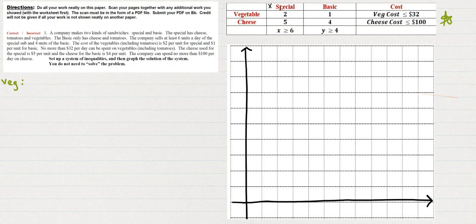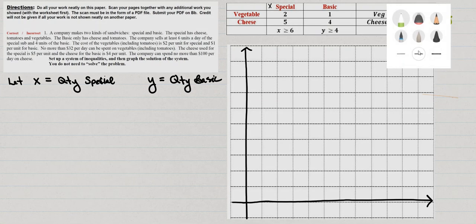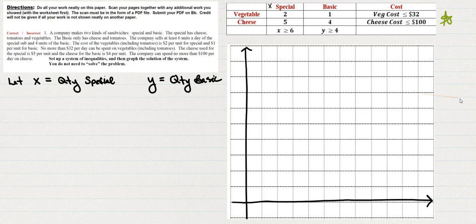So what we can do is define our variables: we let X equal the quantity of special sandwiches and let Y equal the quantity of basic sandwiches. We want to write that on the page somewhere so we remember what our variables are representing. And then if I want to write an equation for the vegetables, how much the vegetables are going to cost: the vegetables are going to cost $2 times however many special sandwiches we have, plus $1 times the quantity of basic sandwiches. And for vegetables, we've got to keep that at or below